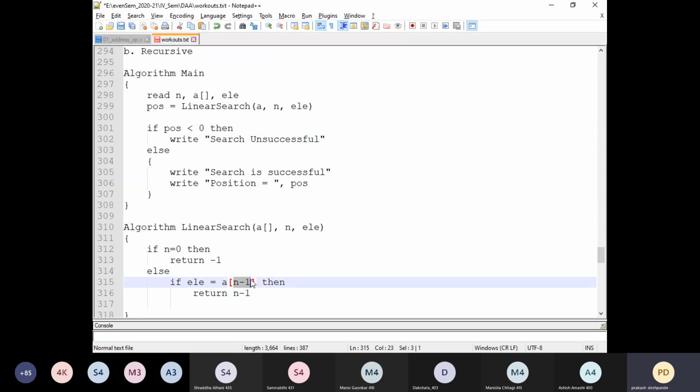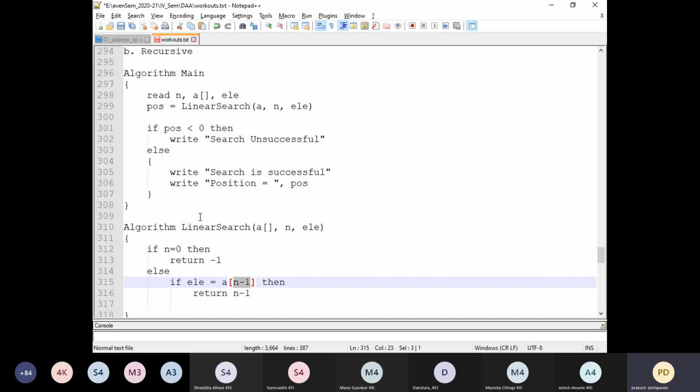The index value of the last element will be n-1. There are n elements, and definitely the last element's index is n-1. We will compare the element with the element at the last index value. If both are equal, that means the element is present.